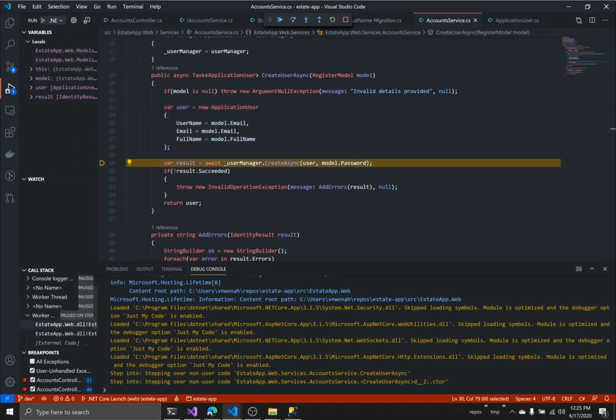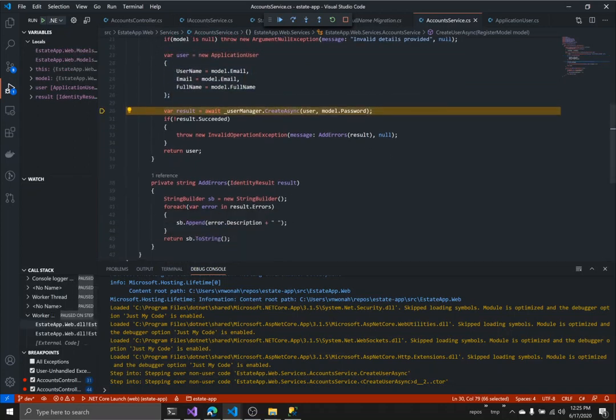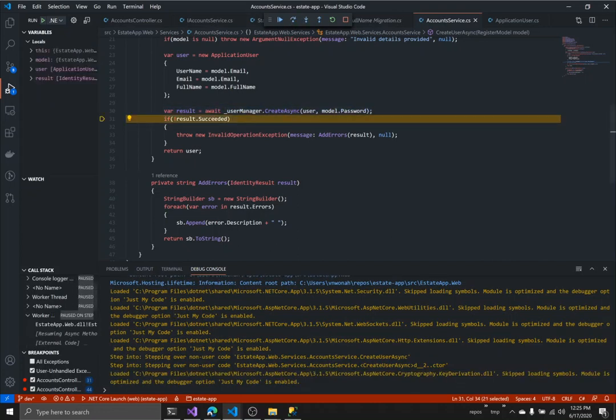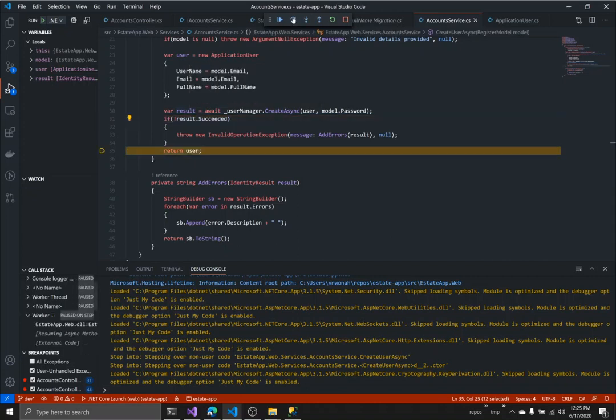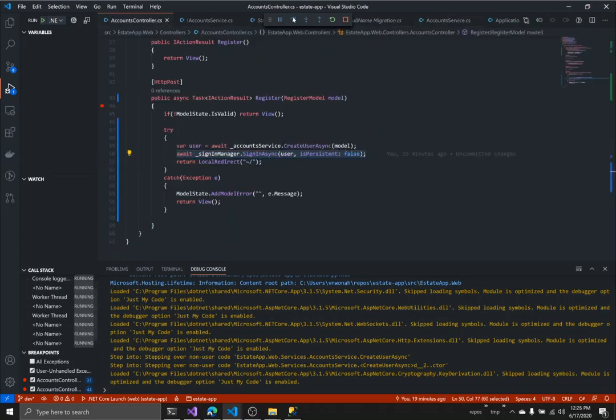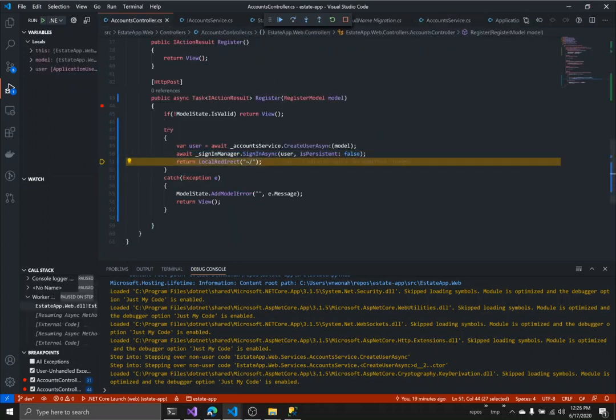I'll step through this, and then this is the result that is supposed to create the user. I'll click through this, and our result is back. I'm going to come in here and see our succeeded is true. So if result is succeeded, it means we're not going to throw an exception here. Our user was successfully created. Now I said return user, and I'm using the SignIn Manager to sign this user in, and I'm returning local redirect. If I hit enter,